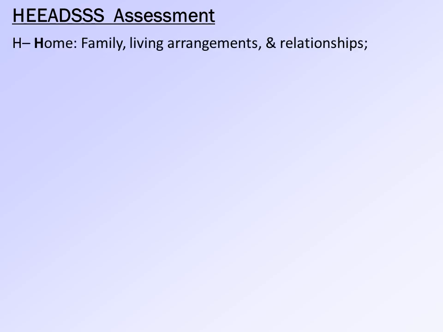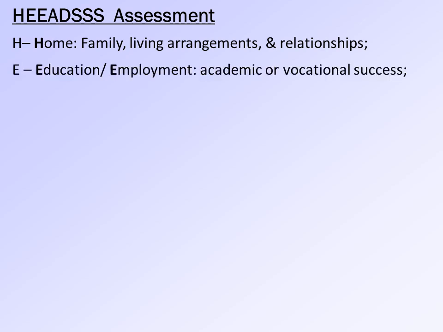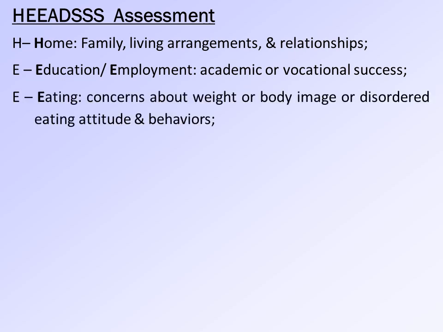This tool concentrates on aspects of psychosocial development, and it includes assessment of home, which includes family, living arrangement, and relationships; education or employment for academic or vocational success; eating, for concern about weight or body image or disordered eating attitudes and behaviors;